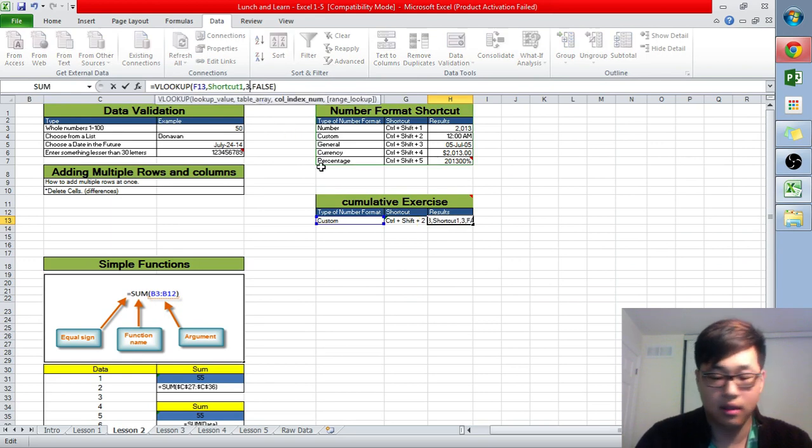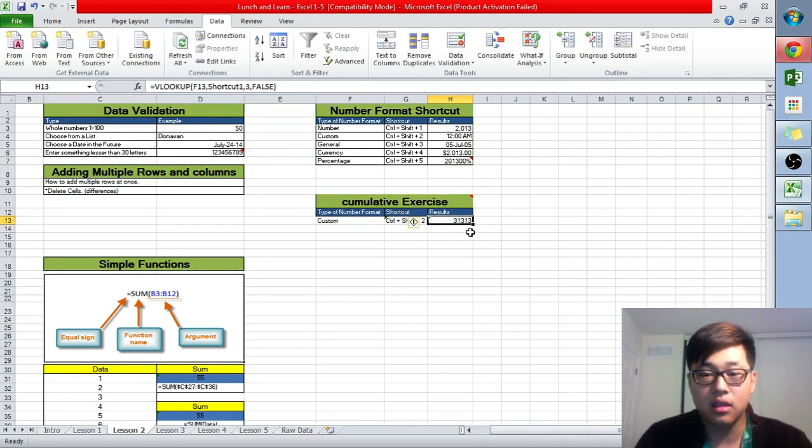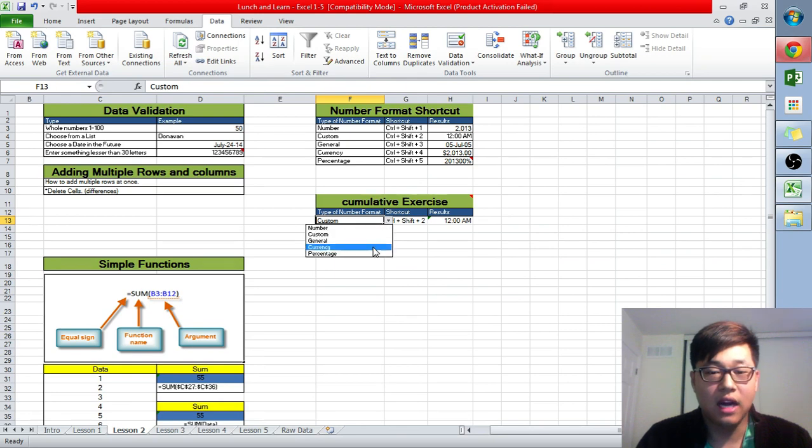Now I'm looking at the third column. Okay, so we have right here custom. Oh wait, no. Now I'm gonna make it general. Okay, so anyhow, I have